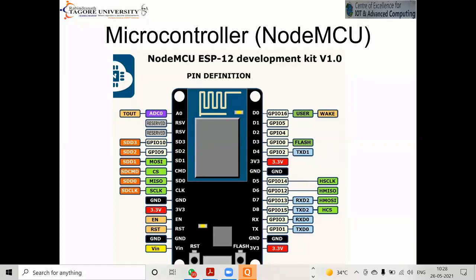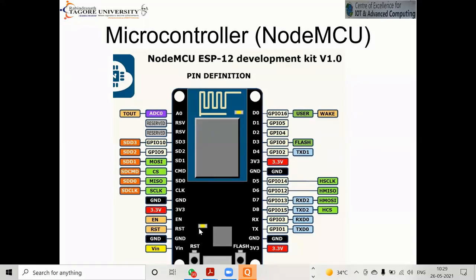The sensor will need a power supply. So here you see there is a 3.3 volt pin and one ground, and the 3.3 volt pin will give 3.3 volt to the sensor. But the sensor may need 3.3 volt or 5 volt. And nowadays microcontrollers are giving output voltage for the sensor of 7 volt to 12 volt also. So here this is the Vin pin. The Vin pin will give the 5 volt supply to the sensor.